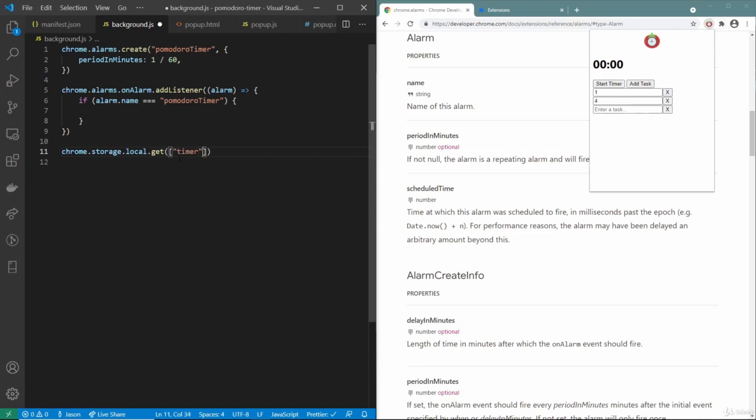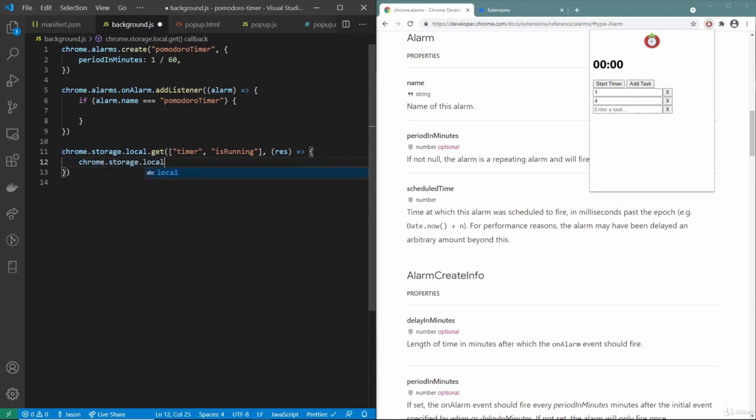And this ensures that we don't have any buggy functionality where we have null variables when trying to access these values, since the background script should always run this right at the start when the extension is installed. So we'll do a get on these. And remember, when we can't find these keys inside of the result object, these keys just won't exist. And the way to check if a key exists inside of an object in JavaScript is to do something like timer in res. And essentially, this evaluates to true if there's a key timer inside of result, and false otherwise. So what we're going to do is